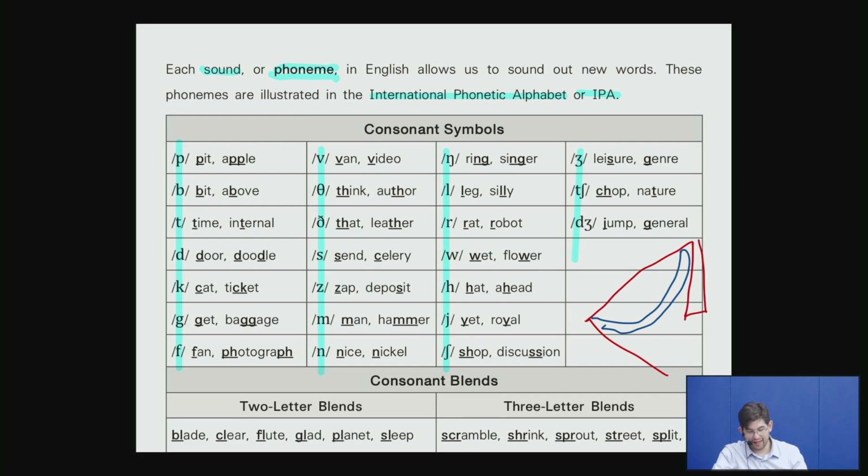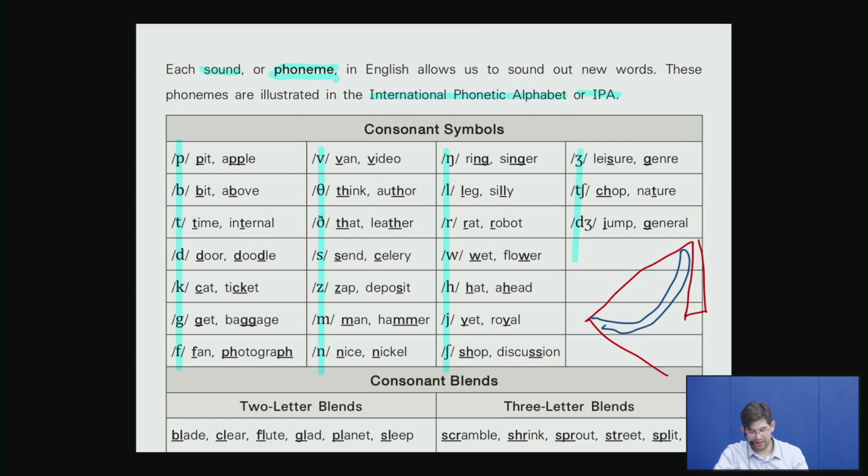We've gone to our next blend, and once again, our symbols do get a bit more complicated, but please just remember they come down to these sounds. The first one is shop, our SH. It's a long sound. It starts with an S, and it comes with a lot of air. Another example is